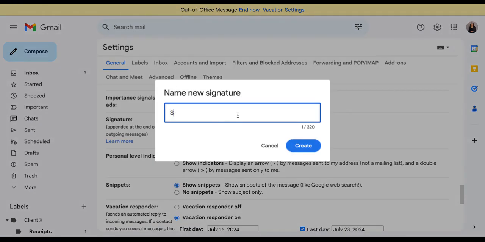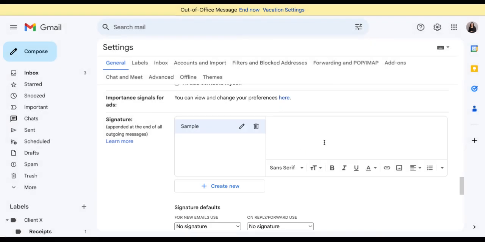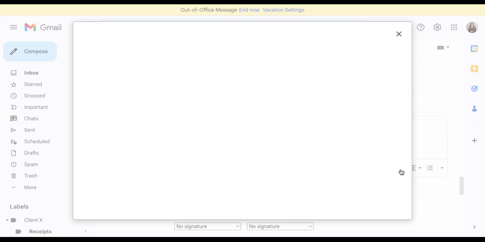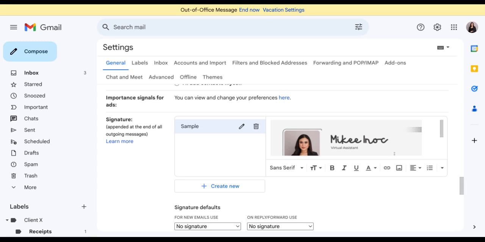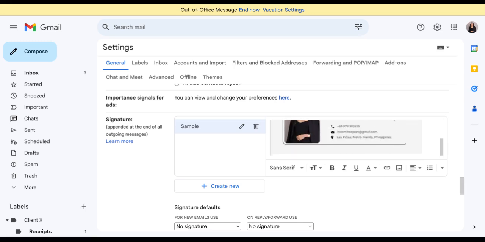For this one, let me say this is a sample signature, and I just need to insert that image by uploading it. And I'm just selecting it. And there you go. The email signature that I have created in Canva is showing in here.